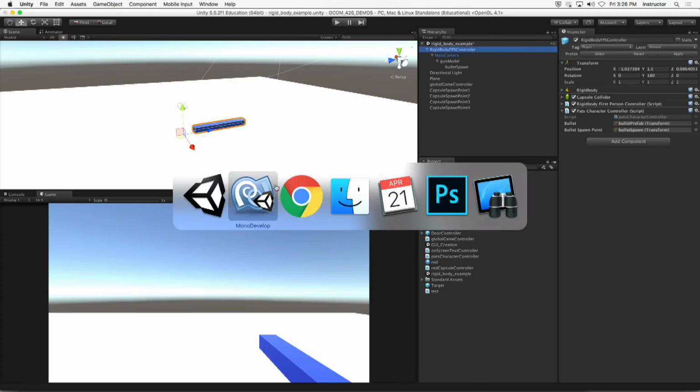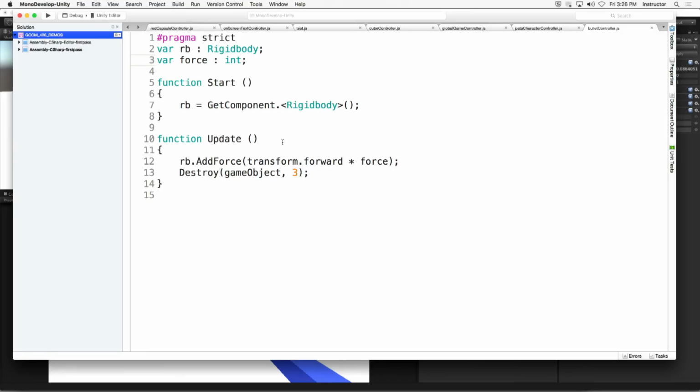Let's change the way we're writing this a little bit to make it a little bit easier. Okay. So instead of putting the variable in the bullet controller script, let's do this. I'm going to just change the name of the variable to bullet speed. Okay. And let's put this on Pat's character controller script. Pat's character controller dot bullet speed. Okay. Over here,